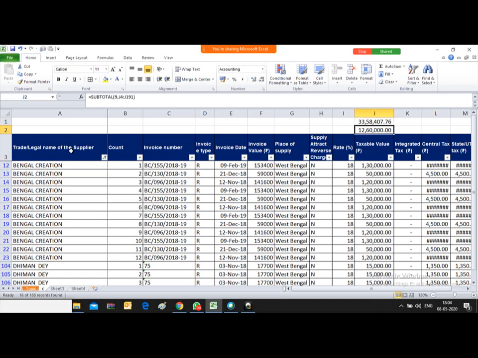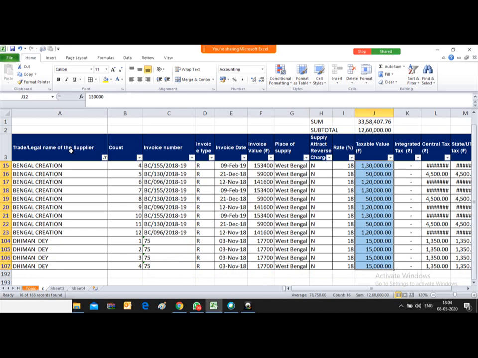But in the subtotal, this is the sum formula and this is subtotal. So subtotal is adding only visible cells. You can manually see whatever visible sales are there. Here the total is coming 12 lakh 60,000 and here it is also coming 12 lakh 60,000.